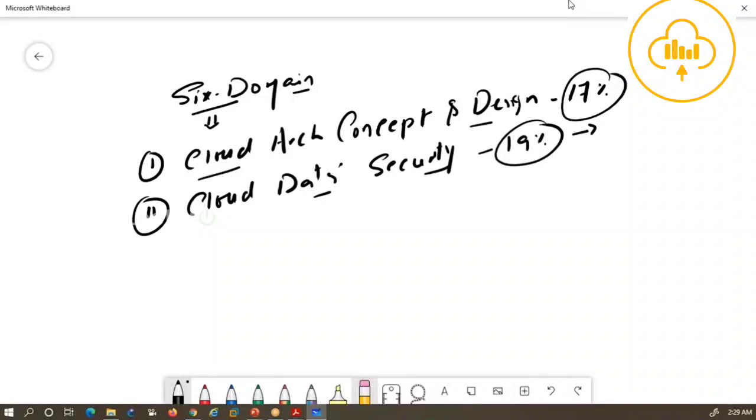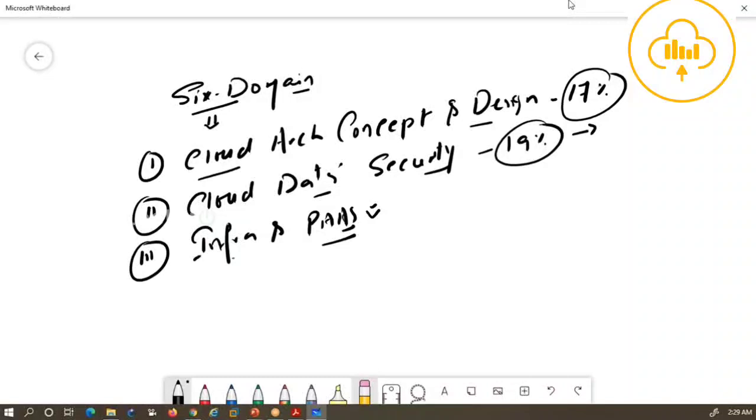We will see how exactly those controls help me secure my data. Data is one of the most crucial components, very much attached to the goal of the organization. Anything that has proper value, we have to protect. So what are the controls and best practices we implement? That will be our discussion in domain number 2. In domain 3, we will be discussing two of the service models: infrastructure as a service and platform as a service. So infra and PaaS service security will be discussed in domain number 3.